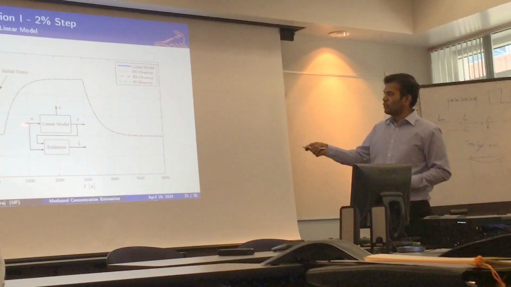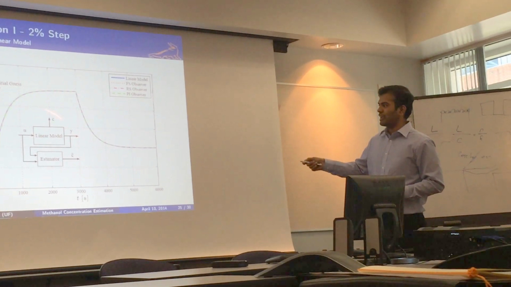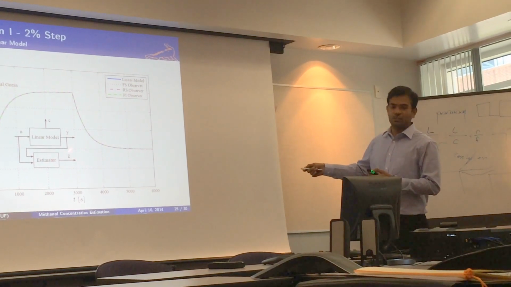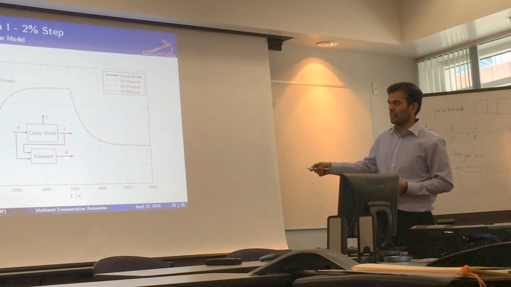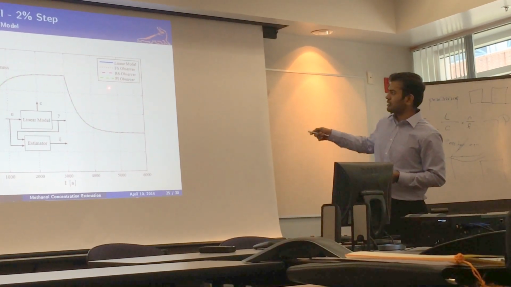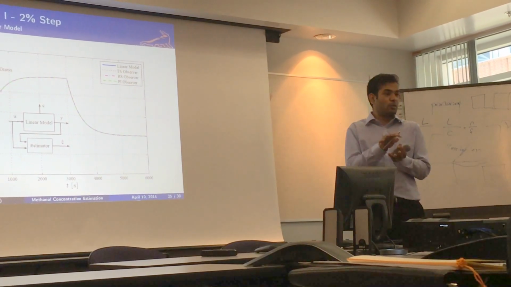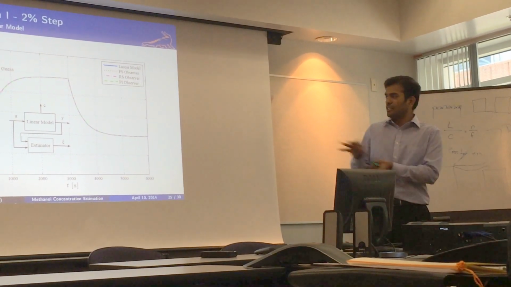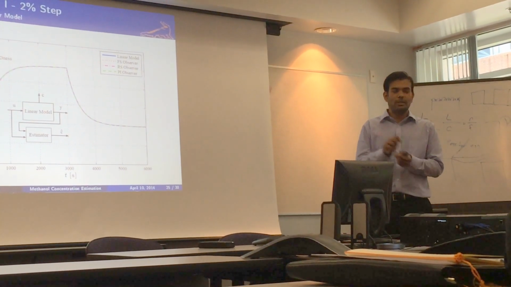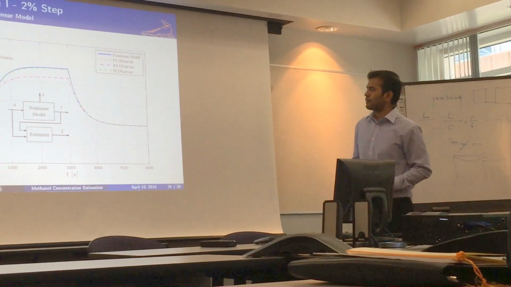So what I do is I send my inputs U to the linear model, I collect my measurements Y, I feed my U and Y to my estimator, and my estimator produces my state estimate or concentration estimate. And as you can see in this graph, all my estimators and my linear model predictions overlap. So this means that all my observers work pretty well on the linear model. And it's not a surprise, because I have designed my observers to work well on the linear model. Now let's see what happens when I implement the same observers on the nonlinear model.